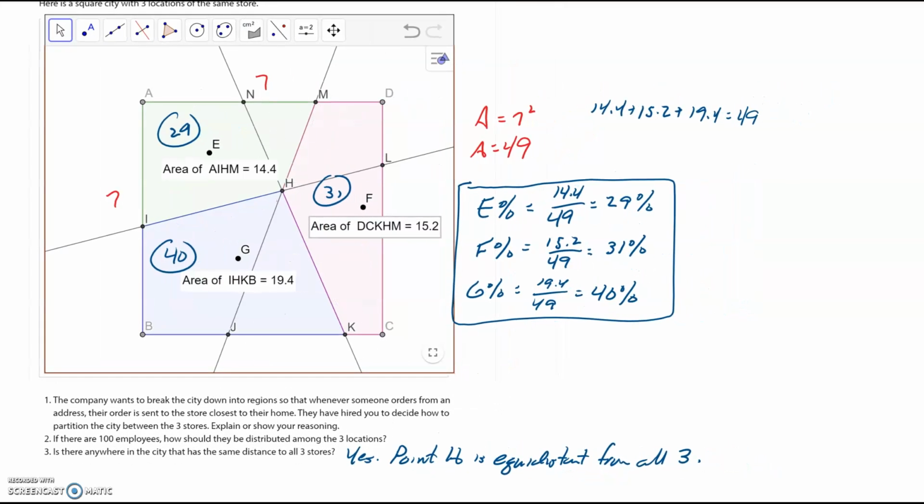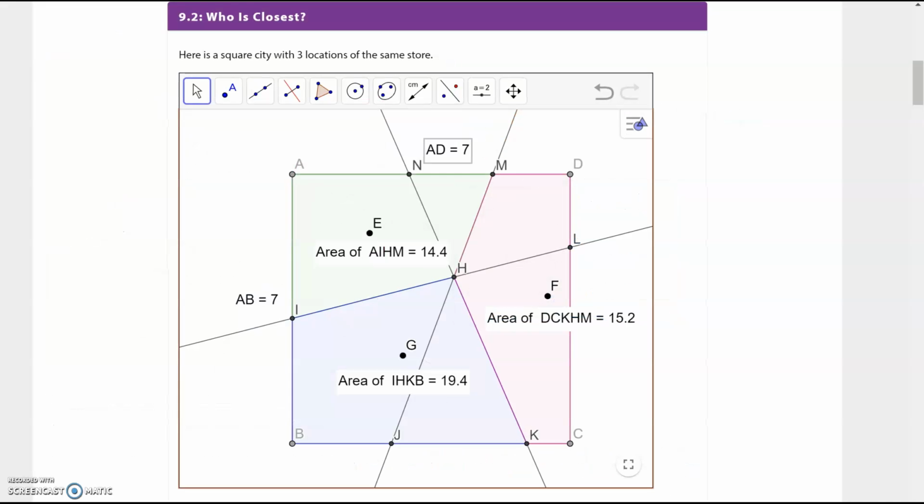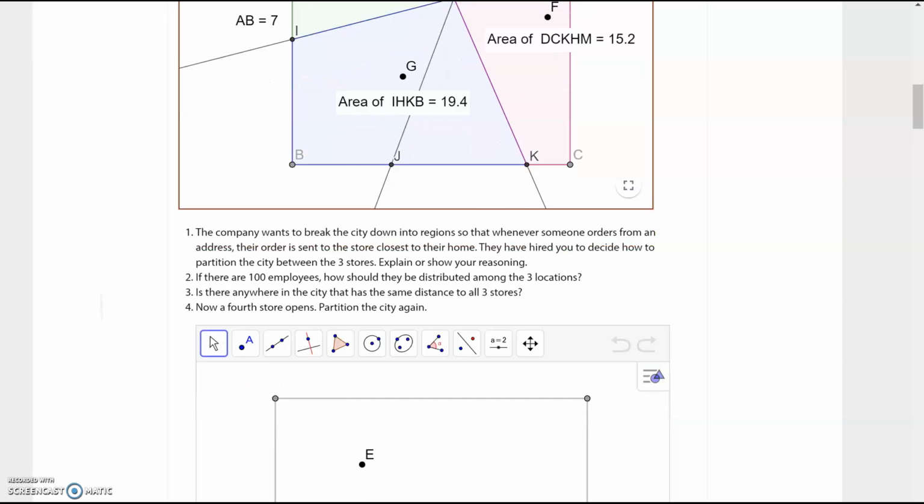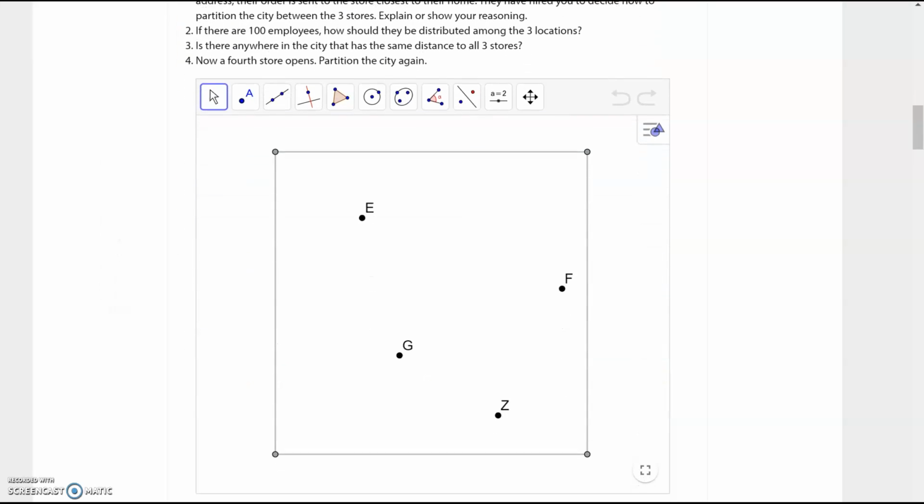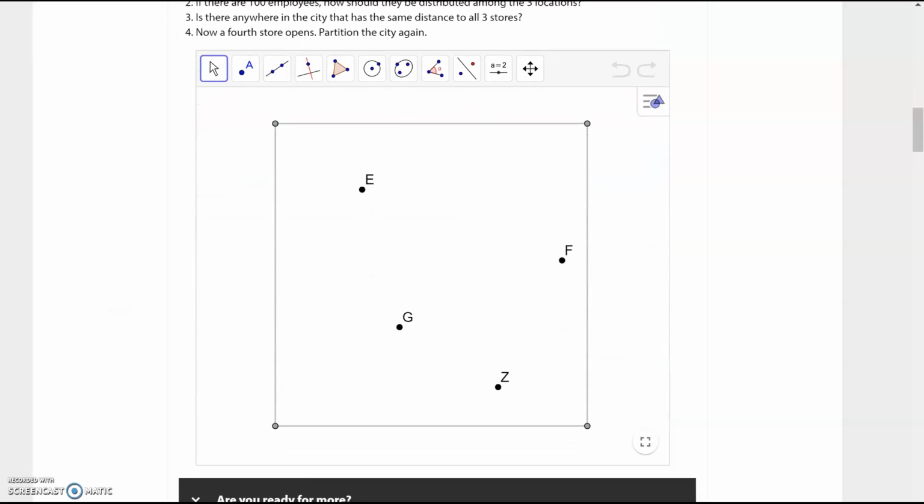Okay, so that's the first problem. The second problem that we were asked to do is the same thing as the first. Okay, and what we're going to do is find these perpendicular bisectors,